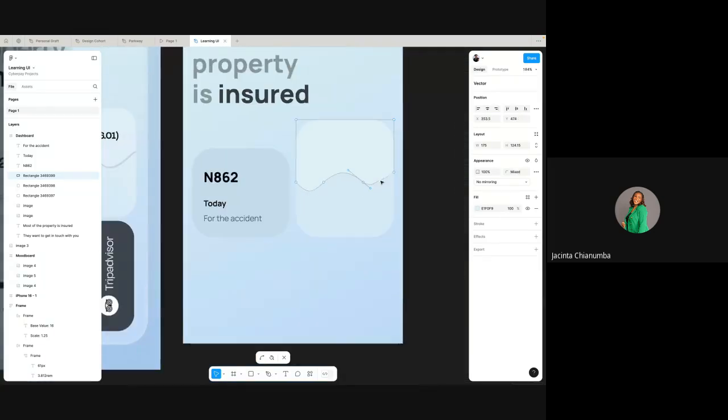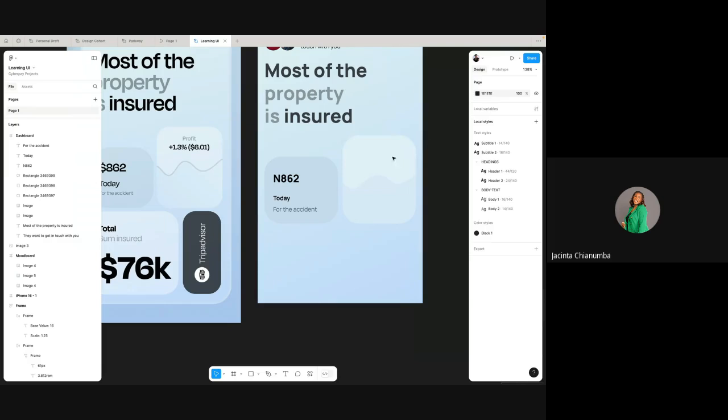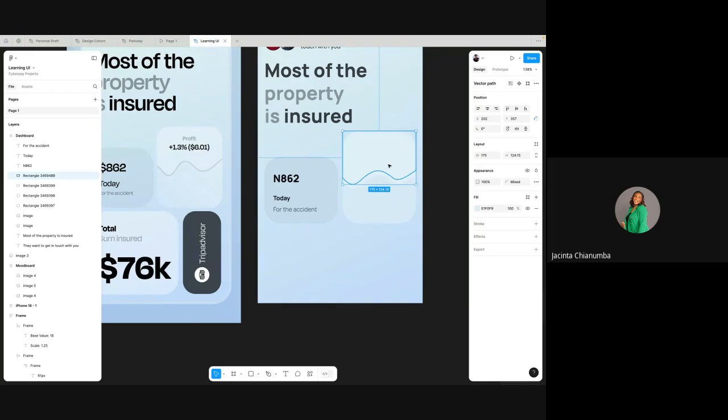I might not get it exactly, but let's leave it like this. You can see the curve is formed, and then we want this line to be below it. So I'll just